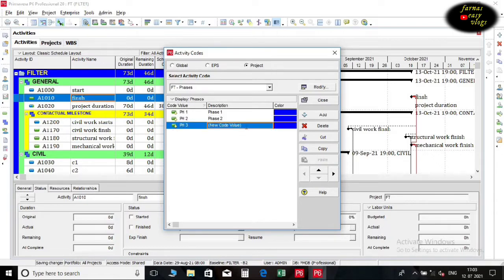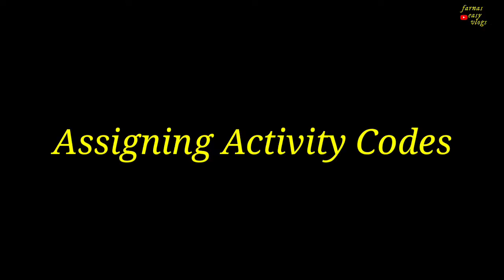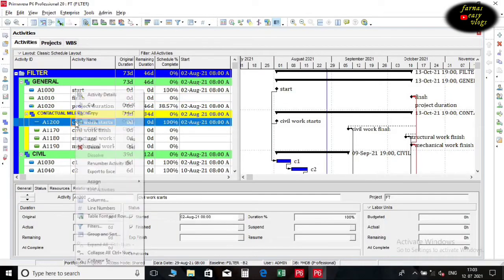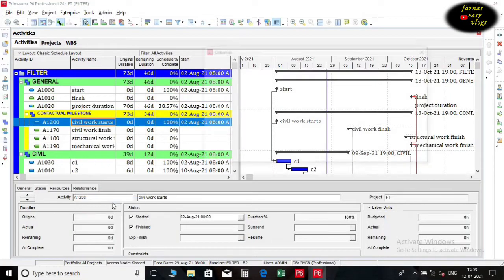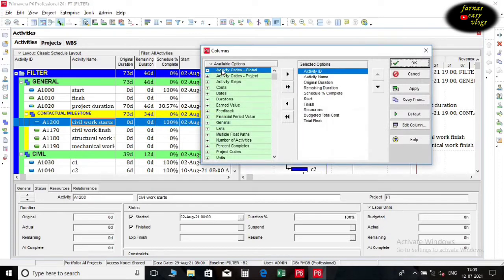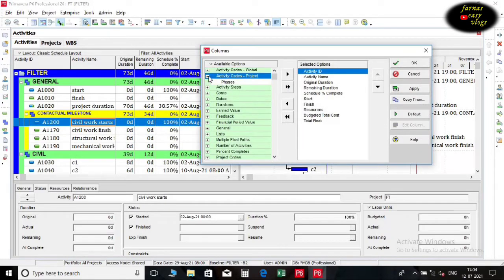After creating all the codes, we will close this window and turn back to assign them. The easiest way of assigning activity codes to the activities is to use the columns. To do this, we will add the column phases to the activities table and assign the activity codes that we defined.